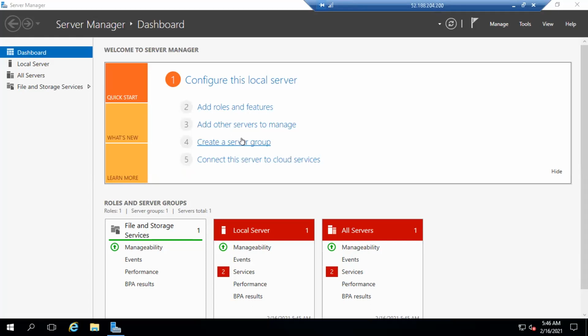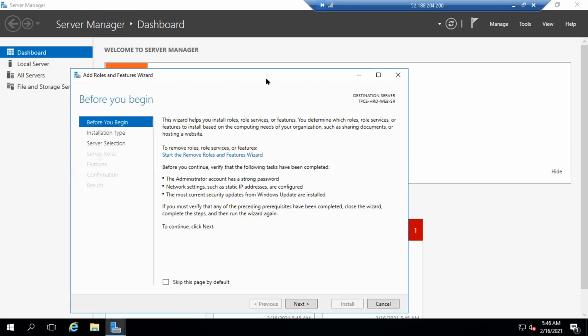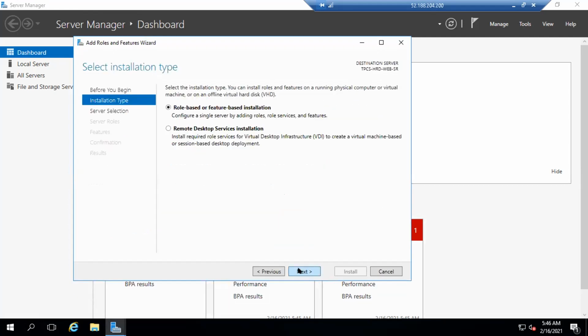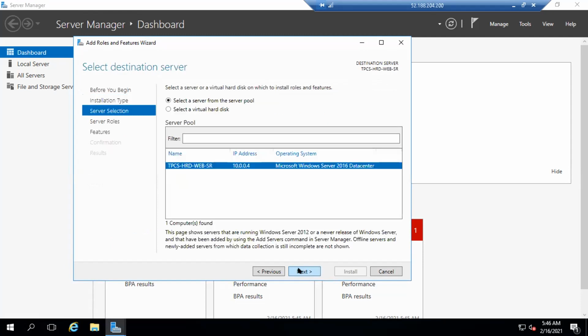Good. Now let's say I am planning to install a web server. In Server Manager, there is something called Add Roles and Features. Click that one. Next, next, next.